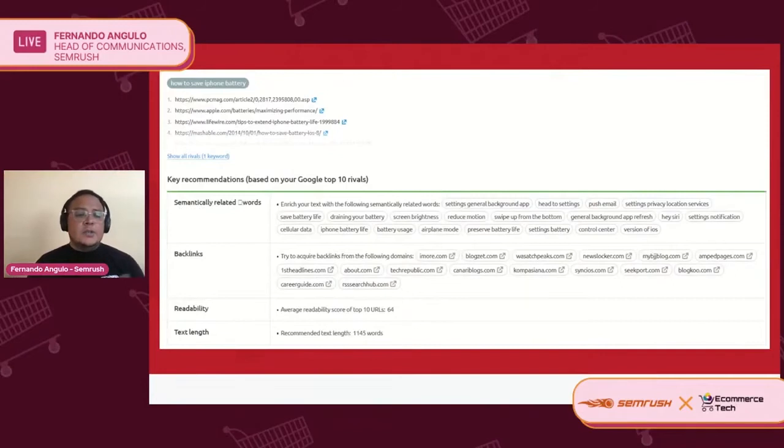Then you can see that using tools, for example, live text editors, and using data. Data is going to be the core of everything for your rankings. Here you can see what are the semantically related words that you need to use if you are talking about, let's say, cryptocurrency, about battery life. What are the backlinks, so from which sources you can get those backlinks, or how many words you need to write in that specific post. Here you can see the text length is indicating to me that I need to write more than 1,000 words